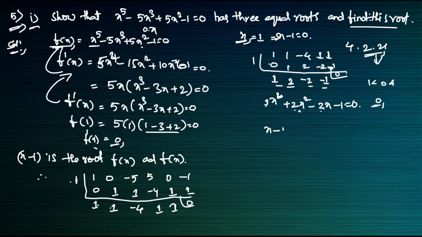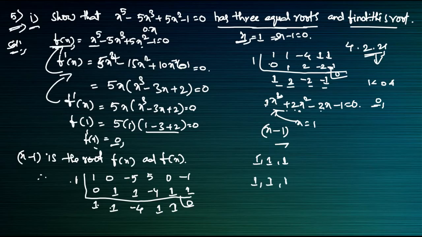So if I substitute x minus 1 in this one, means x is equal to 1, I will substitute, so it will also become 0. So here the total factors coming are 1 comma 1 comma 1, all 1 is 1 is 1. So he is saying that all three are equal roots. So equal roots means one is a and one is a, three equal roots, no? So this we have to find, that root is 1 here, so x minus 1 here, that root is okay.